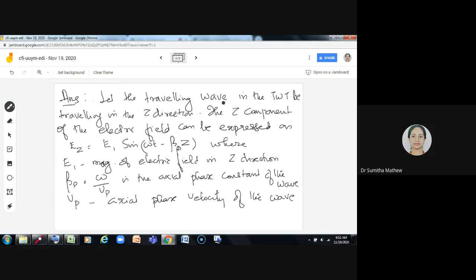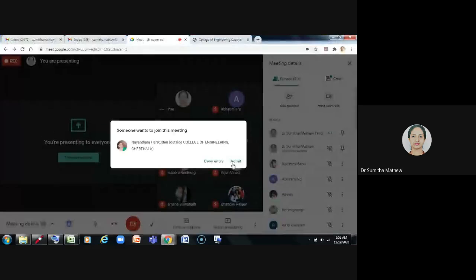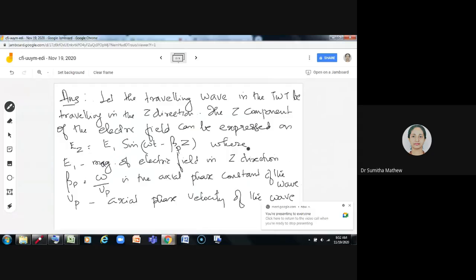Let the traveling wave be traveling in the Z direction. So the Z component of the electric field can be expressed as Ez is equal to E1 sine (omega t minus beta p into Z), where E1 is the magnitude of the electric field in the Z direction, and beta p is the phase constant given by omega by Vp, where Vp is the axial phase velocity of the